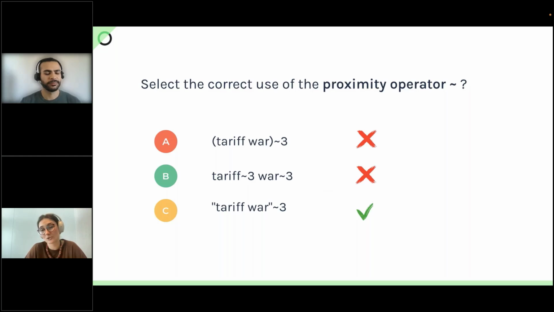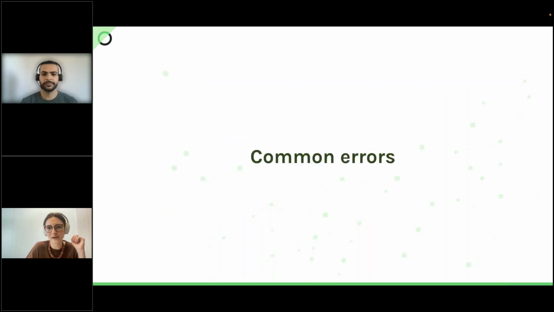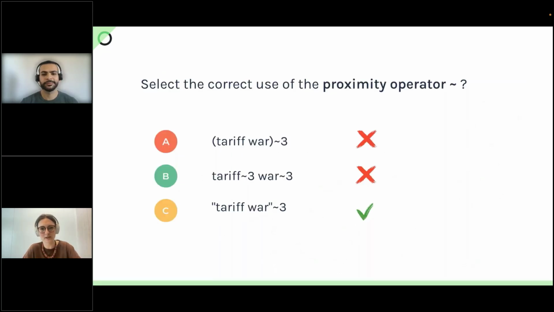The first ones just don't work. This is not the way we would use tilde. It should never follow parentheses. It should always follow quotes. And it makes no sense to use it after just one word, so I should have between the quotes at least 2 words. So I will stop here and I will let Munir show you how to use these operators in the query builder directly.